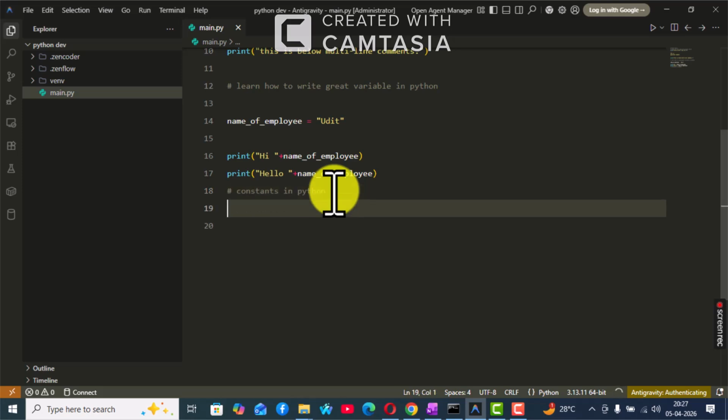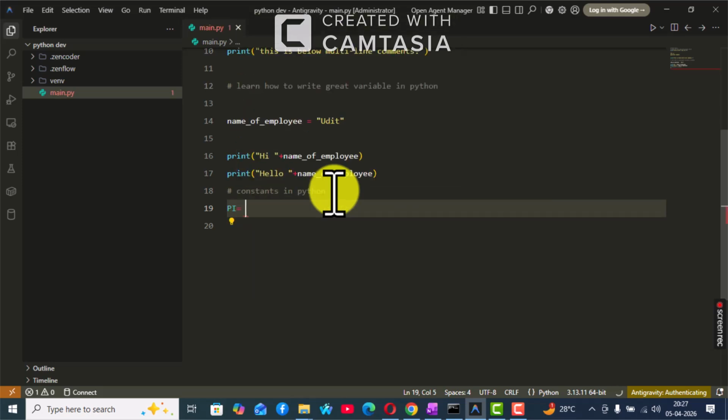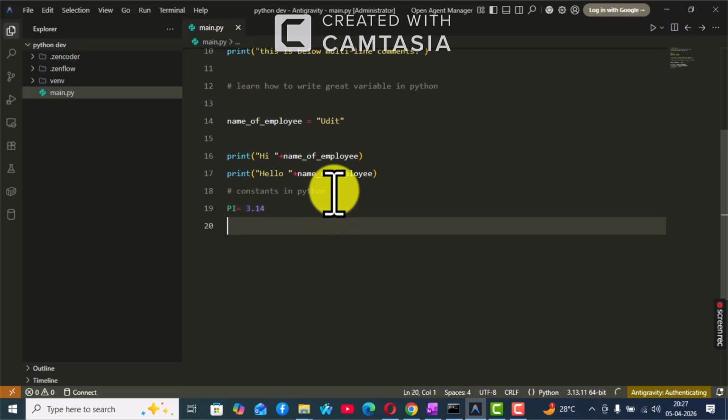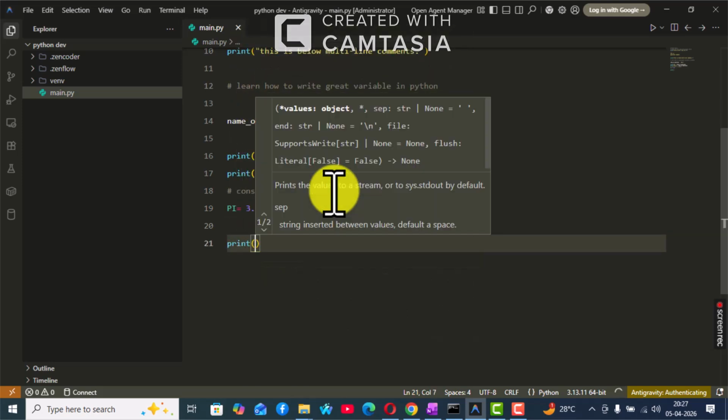So what are constants in Python? Python doesn't have any real constants. Constants are basically variables whose value doesn't change. Suppose this is a variable and we are writing a value of 3.14, or maybe any value, and we want it to stay constant throughout the program. In this particular scenario, we can